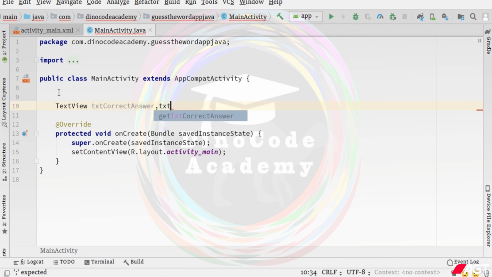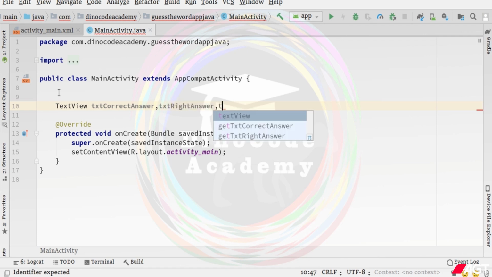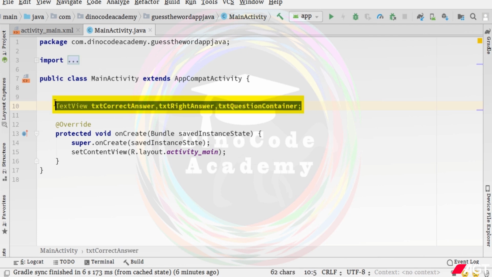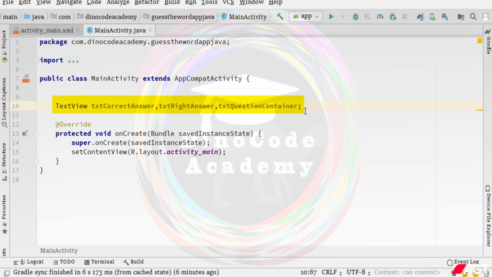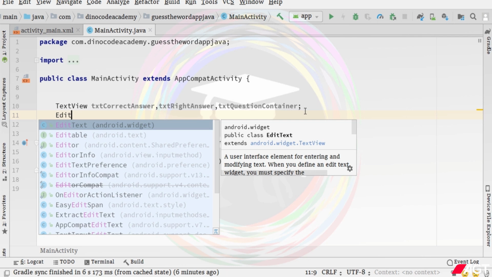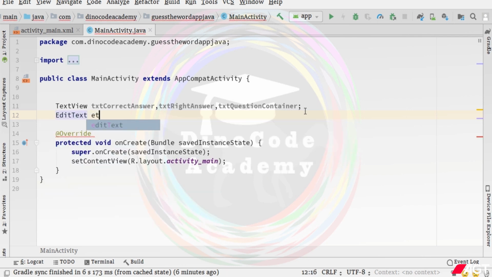Then the second is txt right. And the third one is txt question container. Now it's up to you how you want to name your variable. It's totally up to you, or you can say the view variable's name. After that, I'm going to type here EditText, then hit the enter key and then et user input,